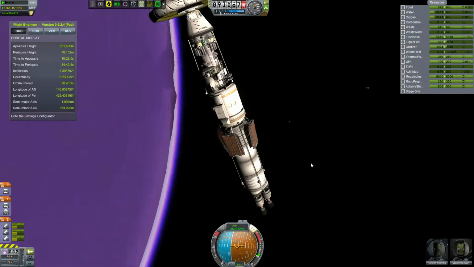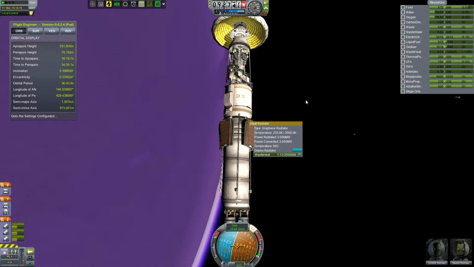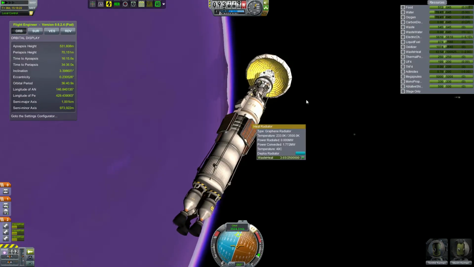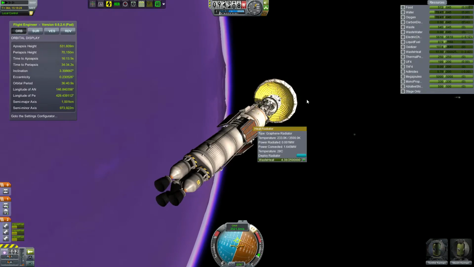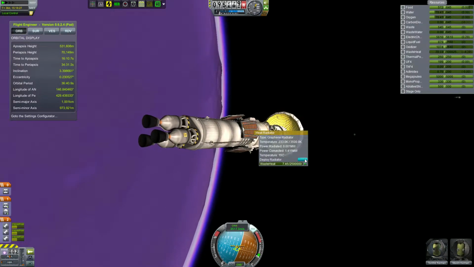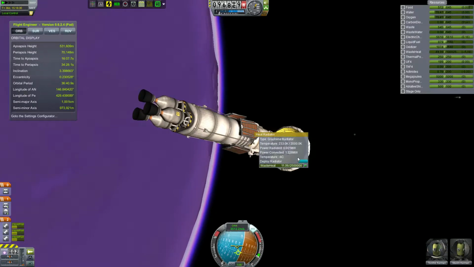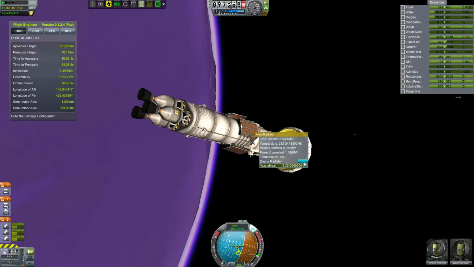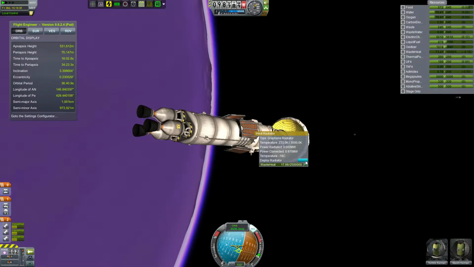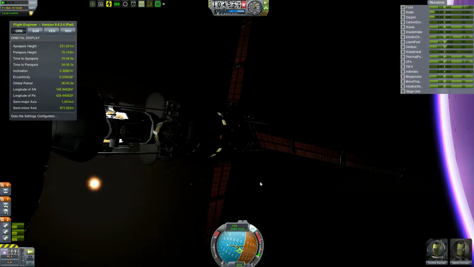It might be safe now to extend these, though we actually haven't had too much waste heat, and the reason for that is probably because we've been going through the atmosphere, and the radiators work better in atmosphere. You can see the power convected is decreasing fairly rapidly, since we're pretty much completely in vacuum now. And so I do believe that was a successful second